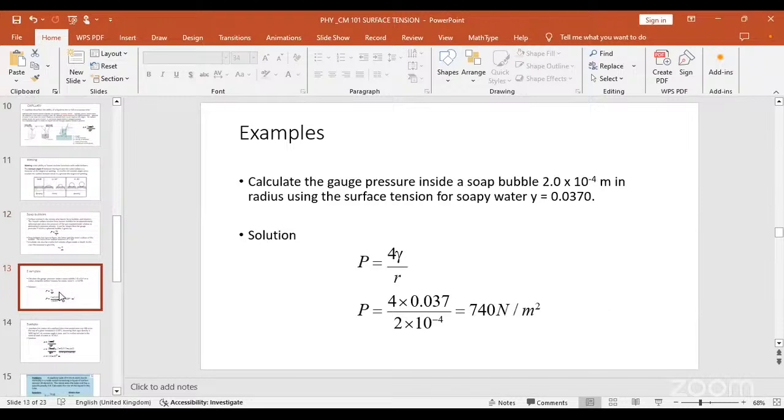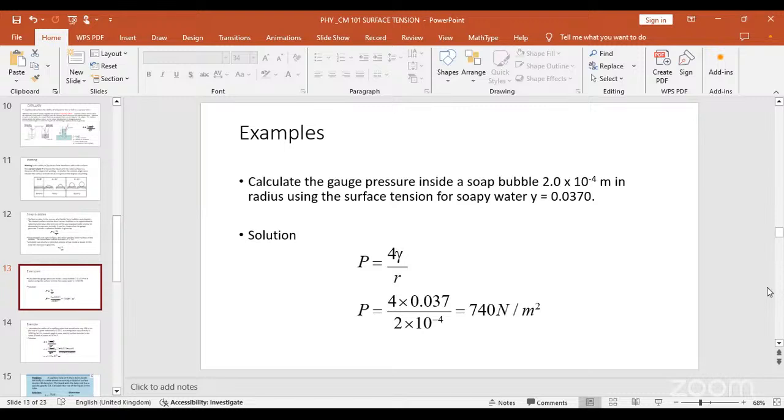All right, we are having examples to resolve. I would ask us to pick up our pen and barrels to solve one or two problems. Number one, calculate the gauge pressure inside a soap bubble